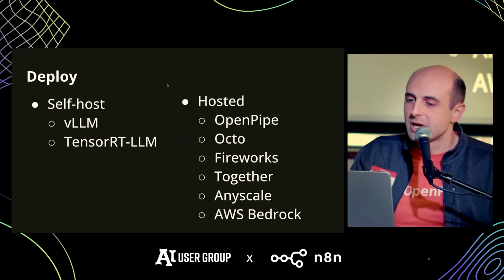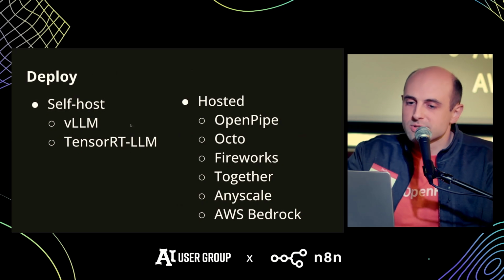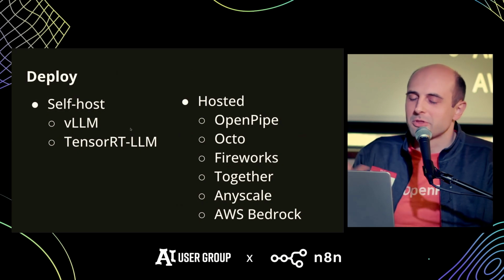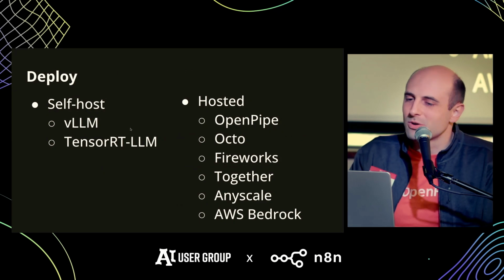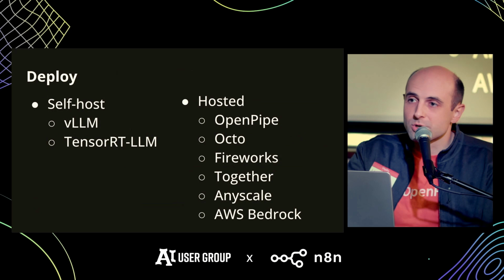Of course, we do this at OpenPipe. There's lots of different hosting providers for inference that you can just upload your weights to, and they'll take it from there and give you a nice endpoint. Sometimes they'll even do auto scaling for you. We do that. And you can also run it yourself. So you can run with vLLM. You can even run it on CPU, like with llama.cpp and Ollama, tools like that. So this ecosystem is actually quite mature at this point, and there's lots of good guides out there.